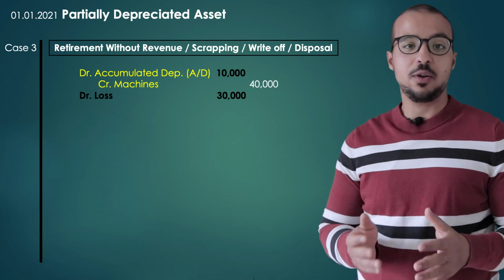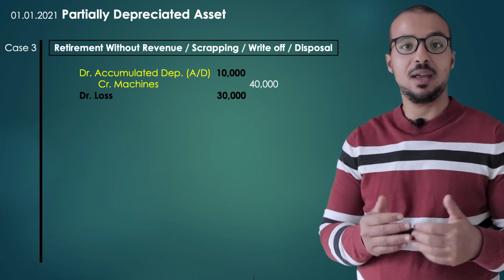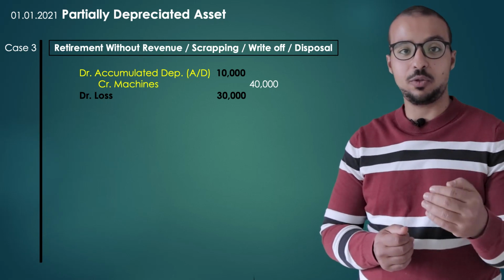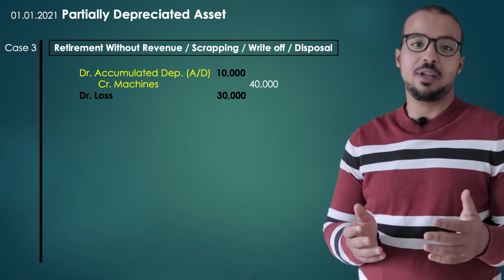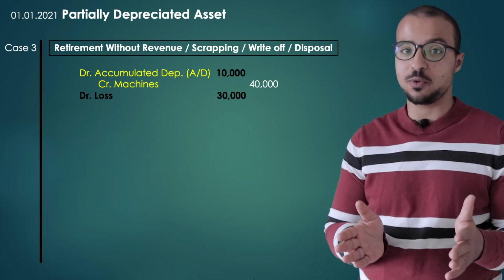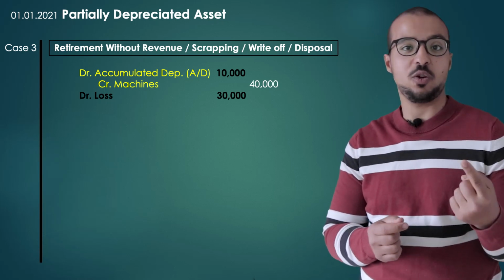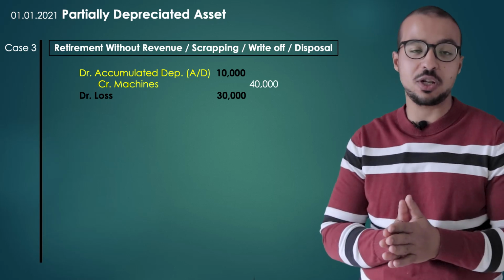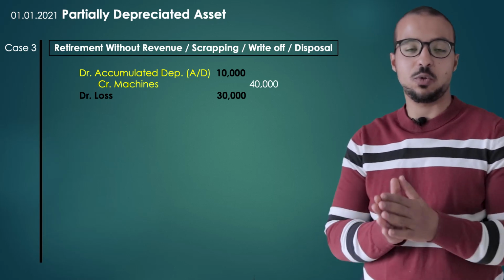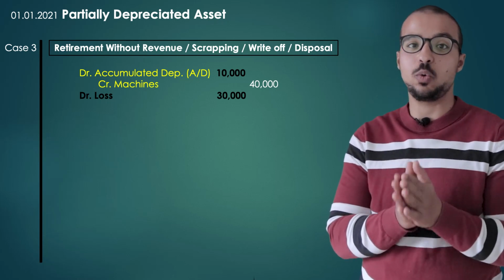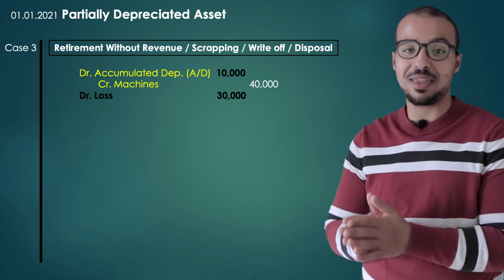without receiving any revenue. Here the financial entry will be again that we write off the asset in the beginning. So we will have a debit to the accumulated depreciation, but this time the accumulated depreciation is not 40,000 because we are still on 1st of January 2021. So we only have 1 year of depreciation, so the accumulated depreciation is only 10,000. So here we will have a debit to accumulated depreciation for 10,000, a credit to the fixed asset for 40,000,